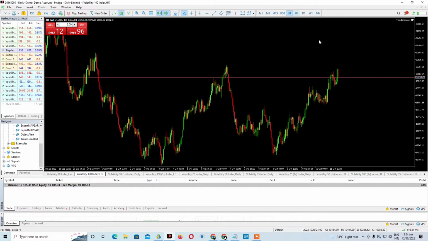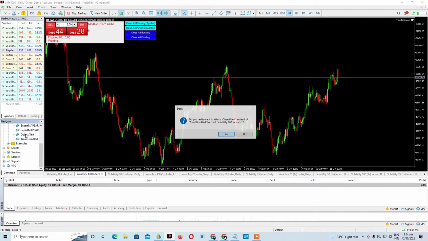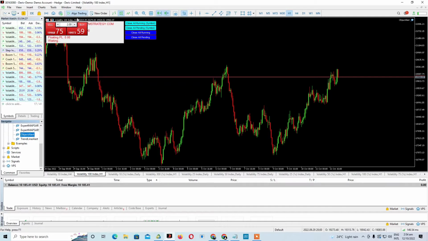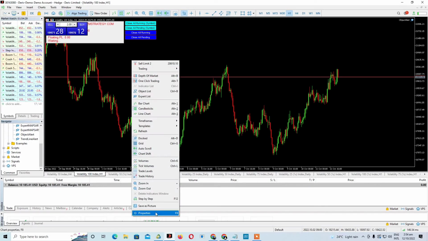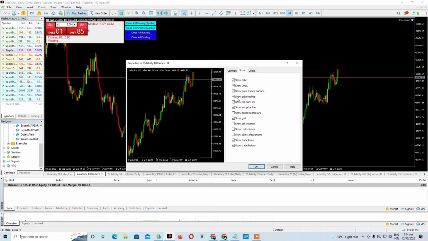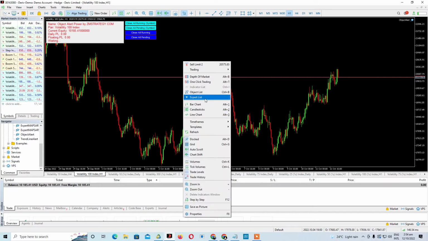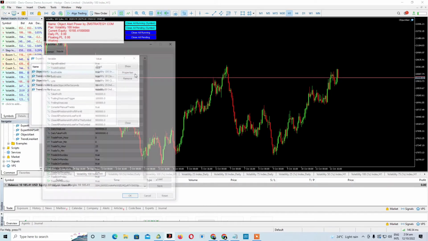Now for those of us that are using, let me upload it. This is an object alert. So let me upload it on the screen. So let me go on the trade section to property, show quick trading out. So you can see alert, object alert powered by ZMSTRATEGY.com, and these are some features that it carries. And if we go to expert and go to this property, we're going to see so many features that